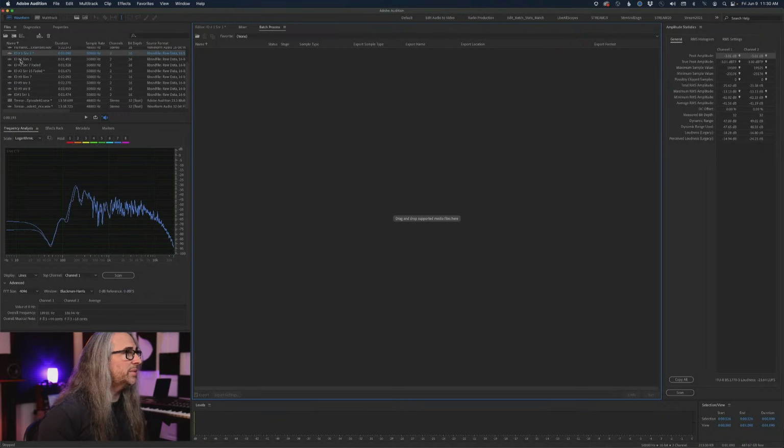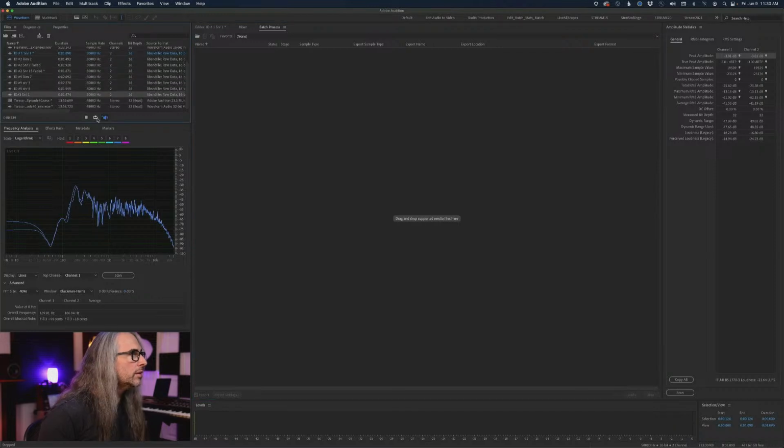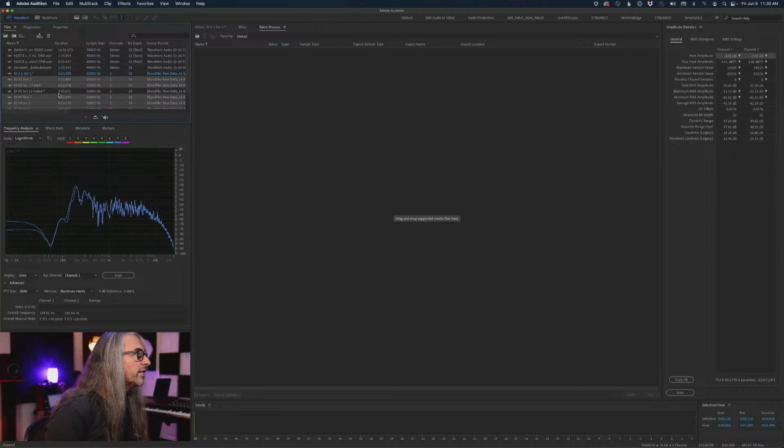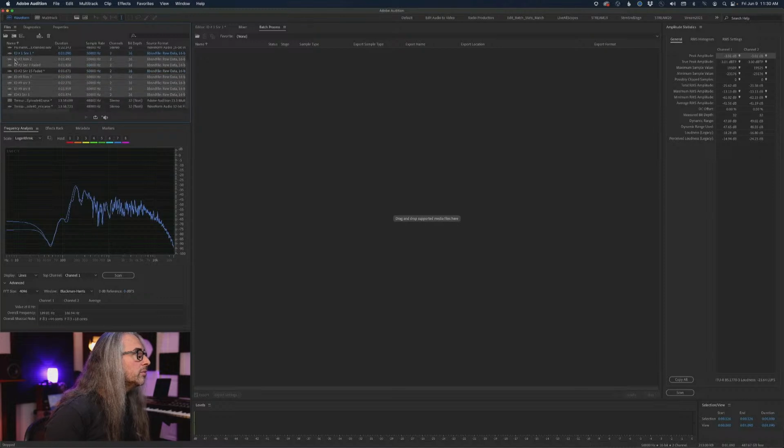So what I'm now going to do is take the rest of these drums, which again, just to kind of point out, they're all at varying levels. I'm going to turn off the sound preview here. I'm going to grab the rest of these in the project panel. I don't think I have any more in here. Nope, those are the rest.